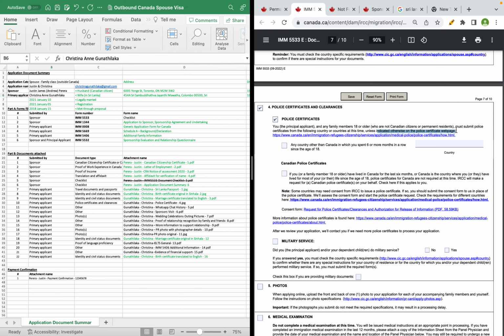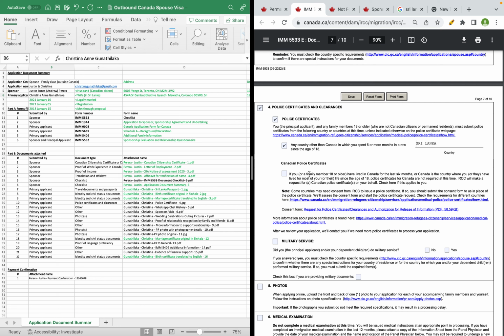Say what countries don't want it, but over here, any countries other than Canada in which you spent 6 or more months in a row since the age of 18. So for me it was Sri Lanka. So type your country. I have decided throughout the application I will use capitals, so that's what I provided here. Okay, and then